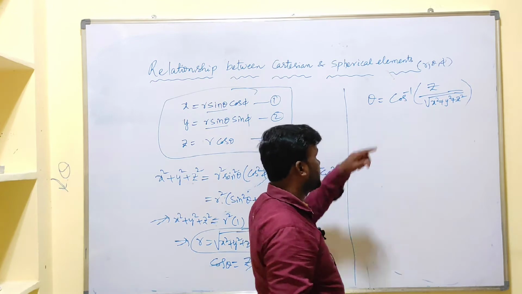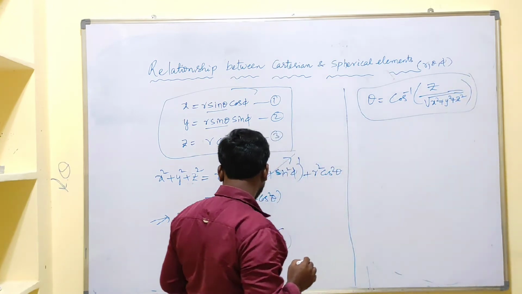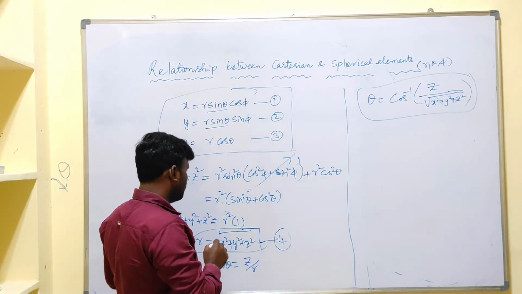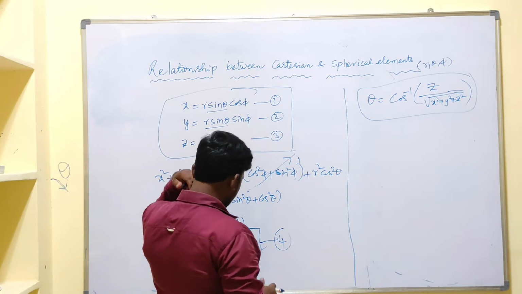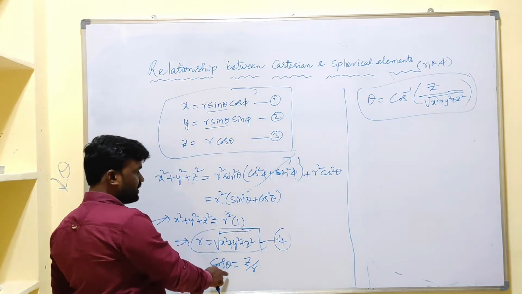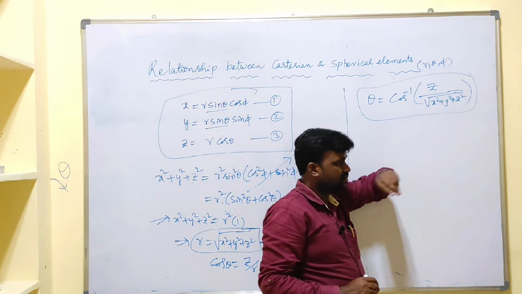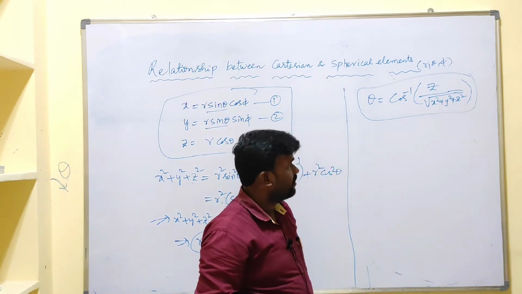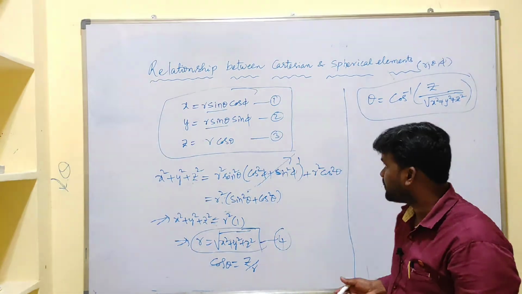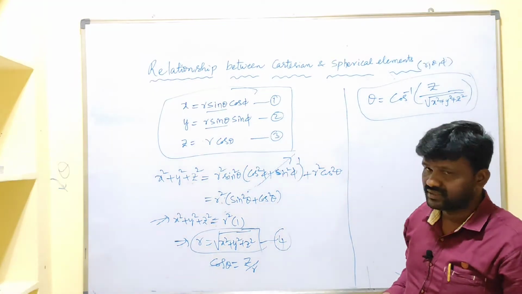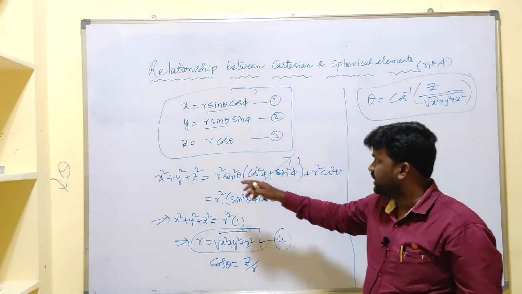Okay, here theta is in terms of the cos inverse, okay, next, that is the theta term. Okay, it is r in terms of x, y, z. Here theta is in terms of the cos inverse of z by under root x square plus y square plus z square. Of course, we can write this theta in terms of the tan inverse also. Tan inverse of under root x square plus y square by z.